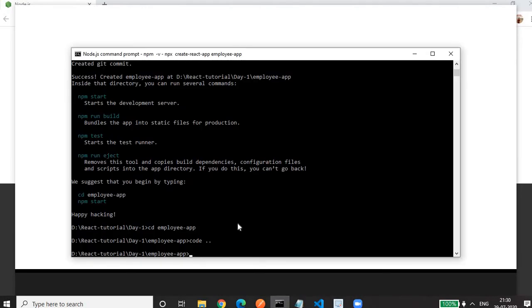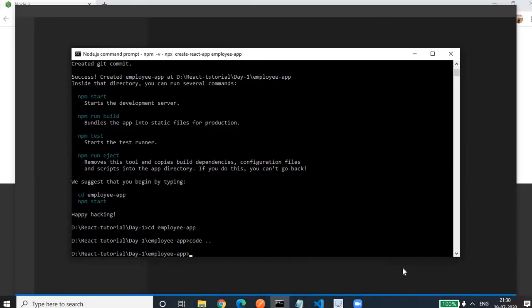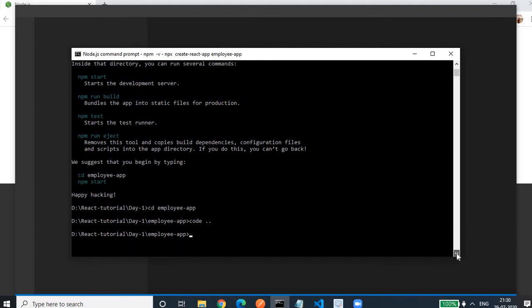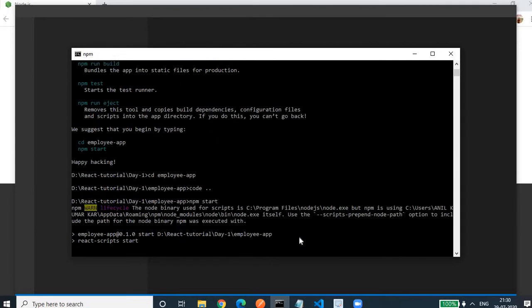The next thing is we have to compile our application and host that application in the live server. For that we have to do the npm start command. Then press enter. It will compile and it will host our application in the dev server. You will see one more tab will open in which our application gets hosted.